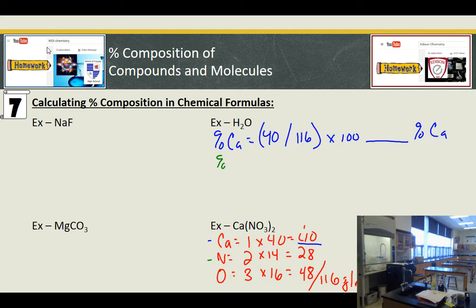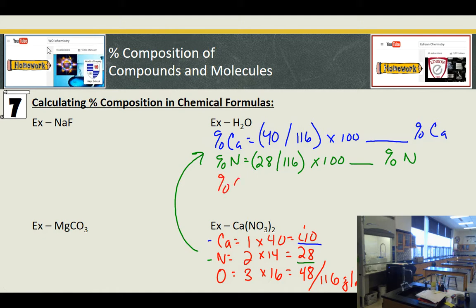Nitrogen, percent nitrogen equals 28 over 116 times 100 equals percent nitrogen. All right, percent oxygen is 48 over 116 times 100 equals percent oxygen. So,